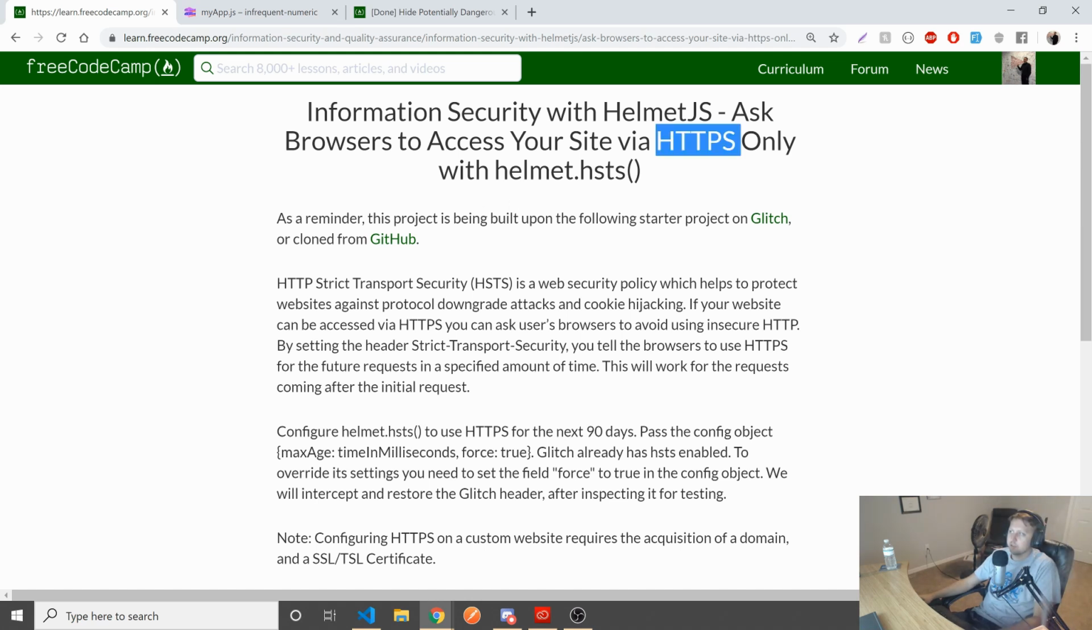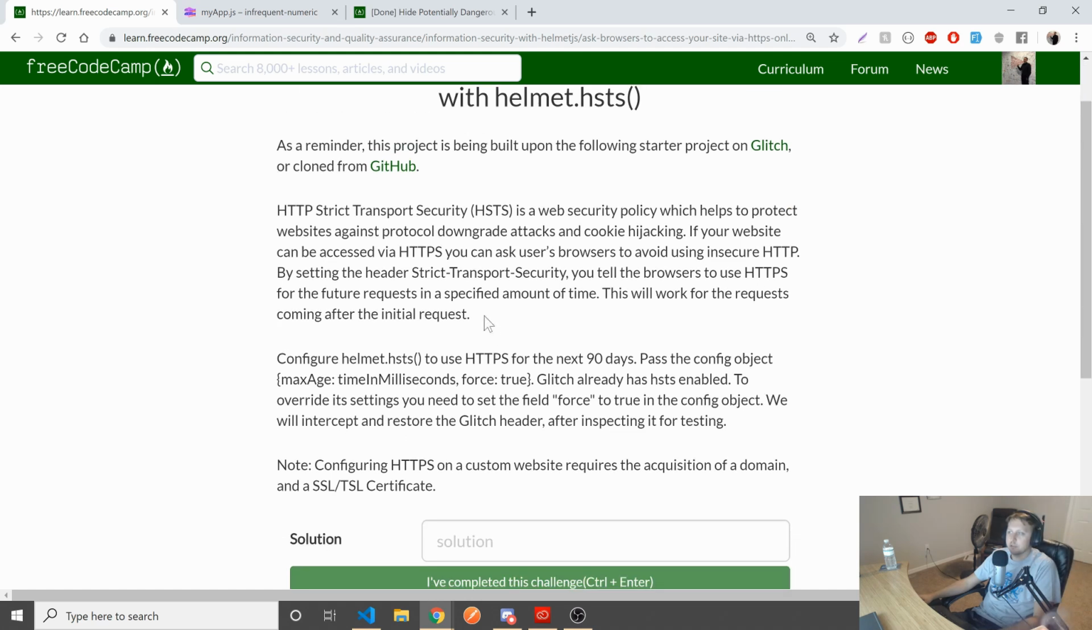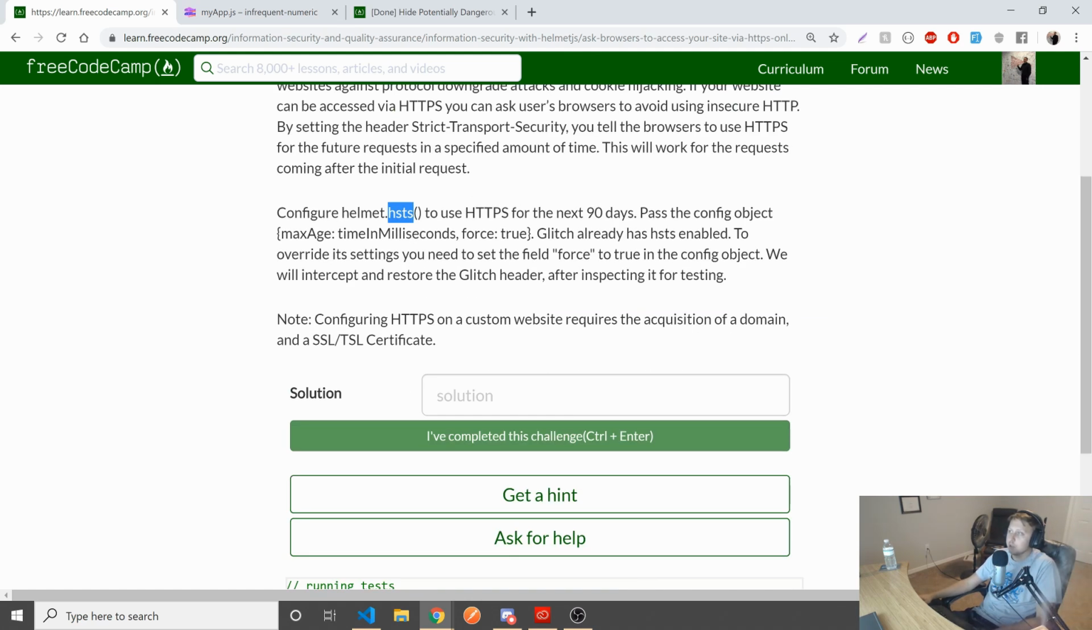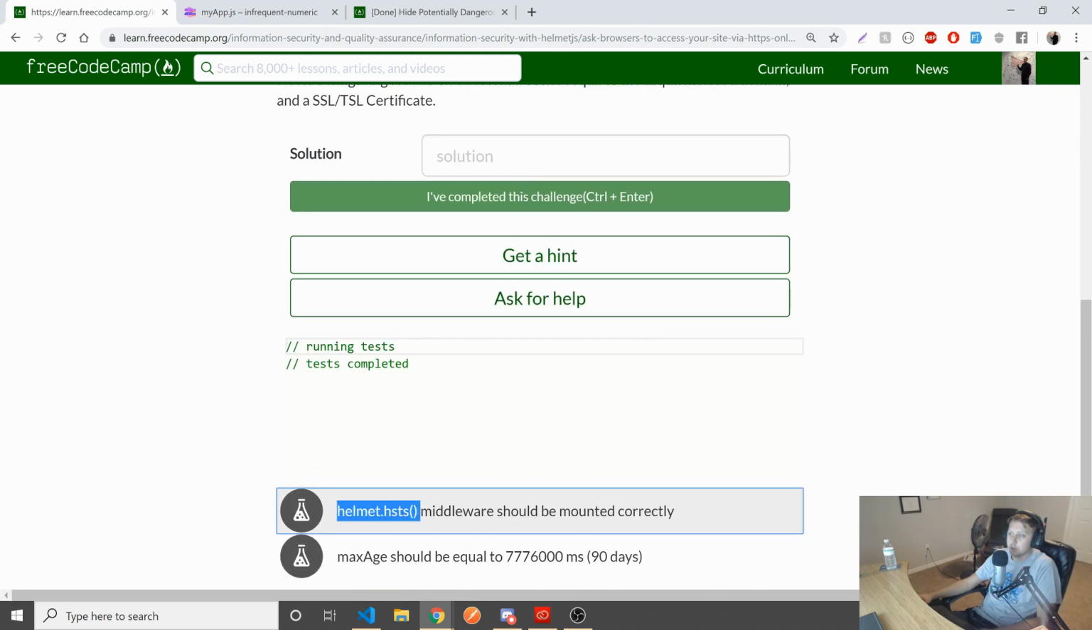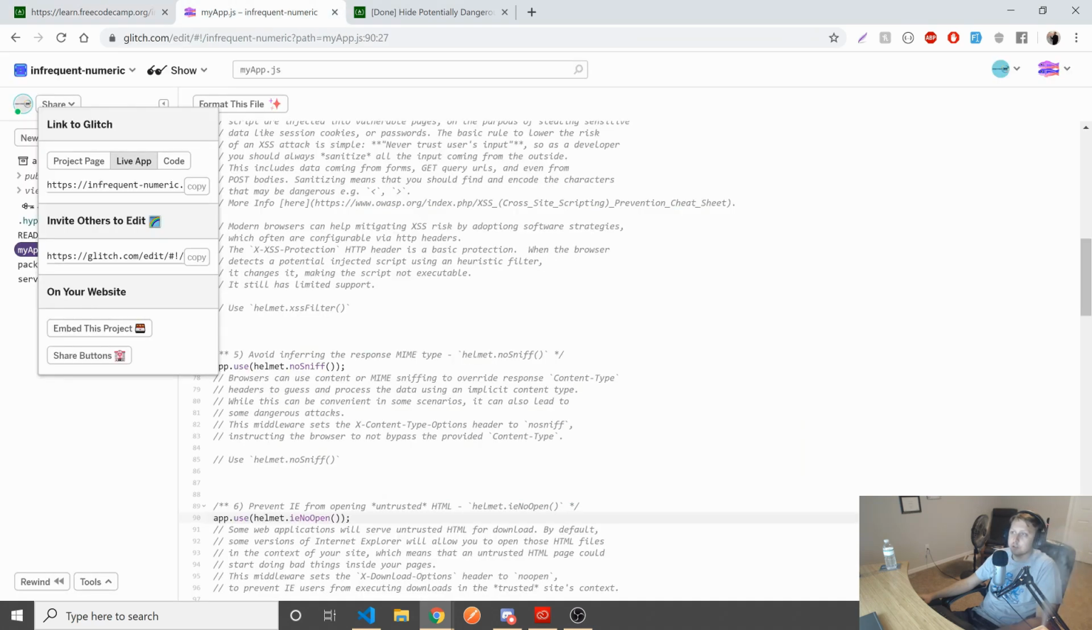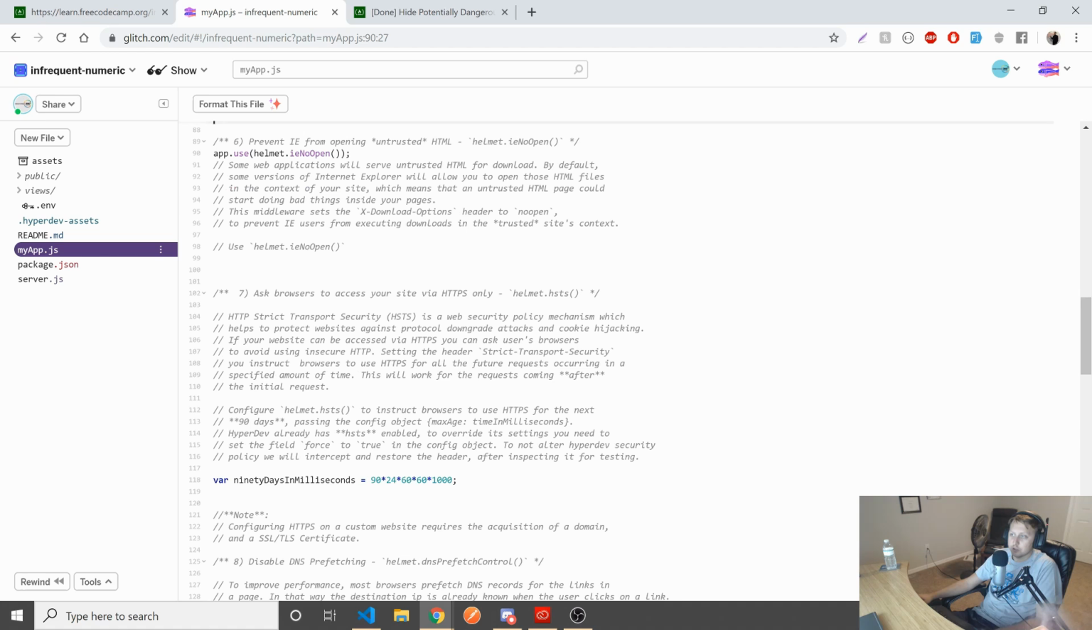Ask browsers to access your site from HTTPS only. That's a pretty cool feature. This is also important if you have service workers on your app. Service workers require you to use HTTPS, which is important. Okay, so it looks like you need a configuration for this, and we want our configuration here. So let's go ahead and set this. We jump back down to here. We're going to tell our app to use this HelmetJS, and in our configuration, we're also going to pass in